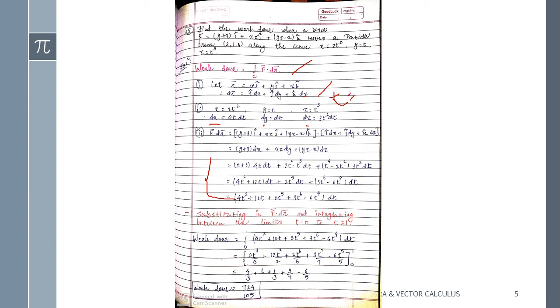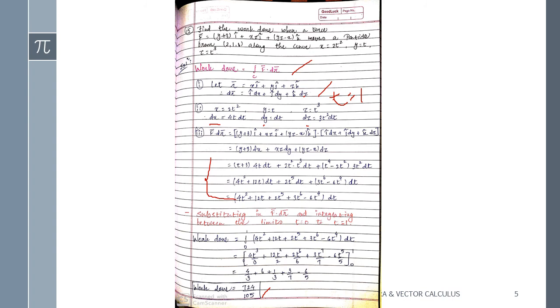Okay, so point put करो यहाँ पे, so 2, 1, 1, so you will get the maximum limit t equals to 1, and lower limit is not given, but here it's said a particle moves from, then of course it will start from 0 only, yani ki from the origin only. Okay, so for t equals to initial limits, I will take t equals to 0, so it will be from 0 to 1, and putting f dot dr you will get the final answer. And just before this, just do the simplification and apply the limits. So here it is 74 upon 105.